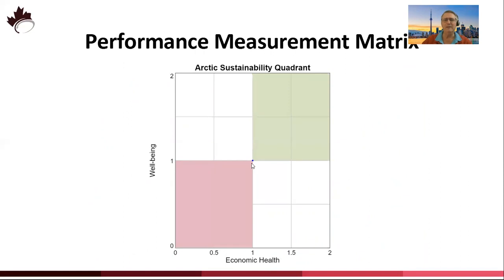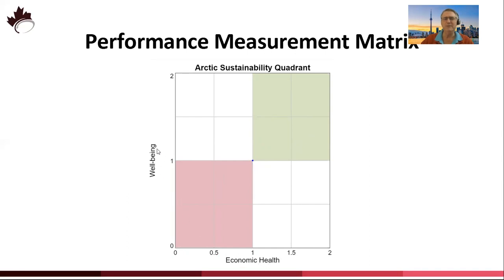And we begin at the current state of 1-1, which is the current situation. And then we can look at the movement in the system over time into one or more of these quadrants. And the goal is to try to move up into this upper right-hand quadrant, which has improved economic health